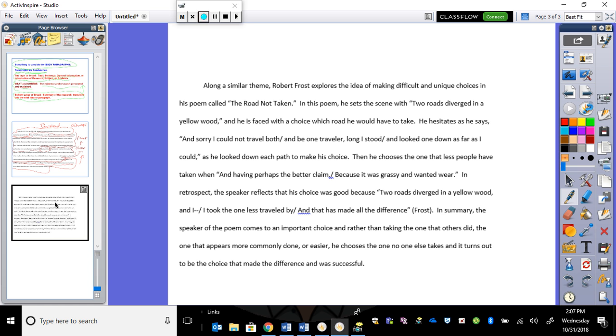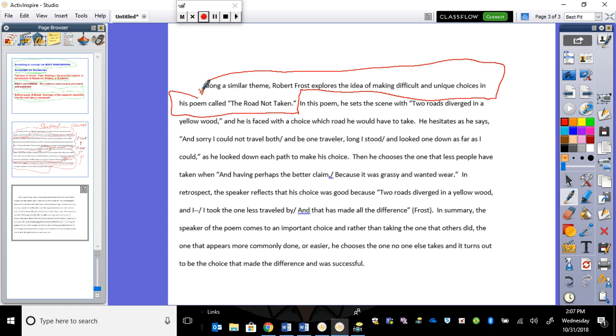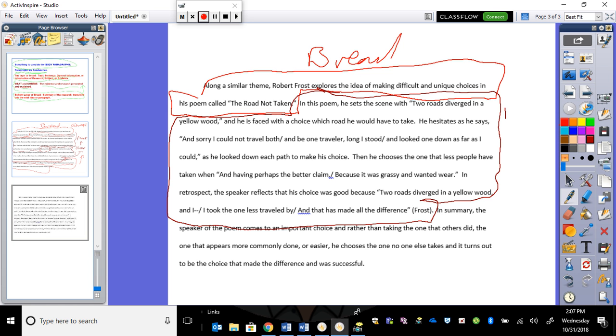Another good example of this is present in this paragraph as well. Along a similar thing, Robert Frost explores the idea of making difficult choices in his poem called The Road Not Taken. This is the bread of our sandwich. In this poem, he sets the scene with two roads diverging in a yellow wood, etc. And so right here, all the way down to down here, we have what I would consider to be the